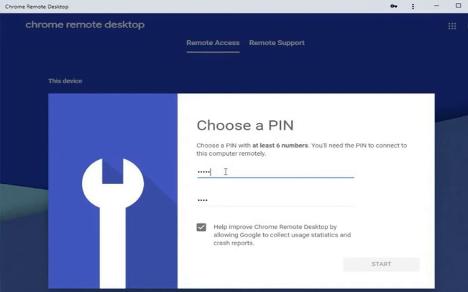Today I will show you how you can access your desktop computer or your laptop from some other computer or from a mobile device. Please stay tuned.